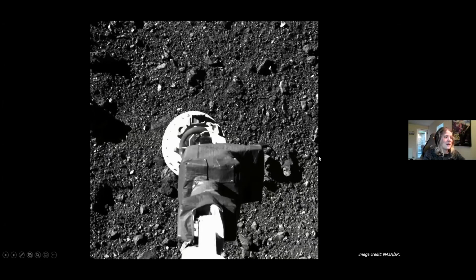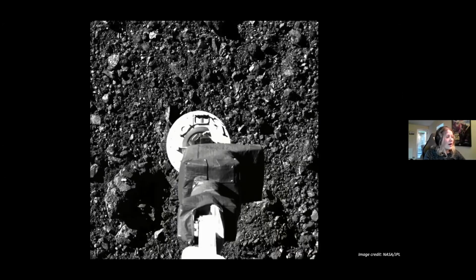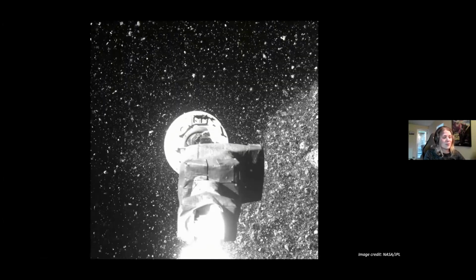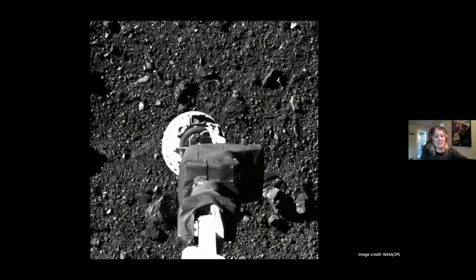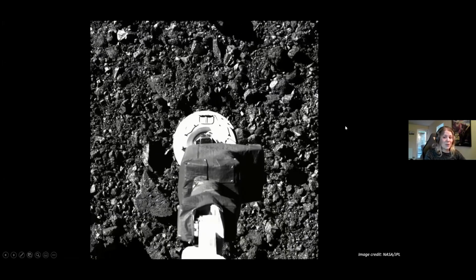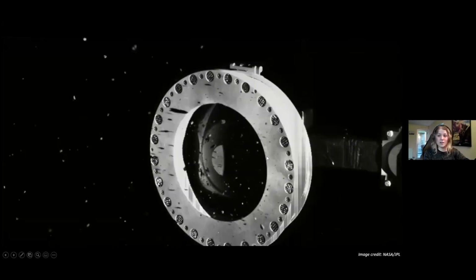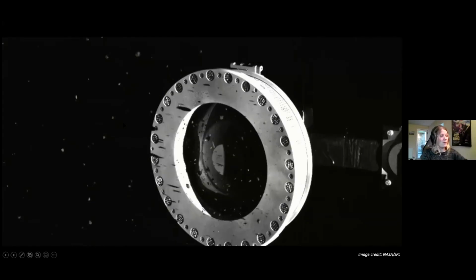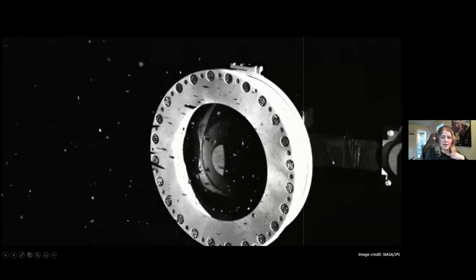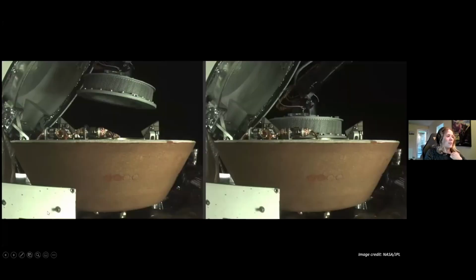Next. This is a GIF of the images of the spacecraft descending to the surface of Bennu. And you can see all of this material is knocked up. It looks as though it was only in contact for a very short period of time, but it was actually 6 seconds in total. And then to check whether this sampling was a success, they looked at images of the sample holder after they descended, and they could see all this material kind of flying out. And actually, this was a bit of a concern because they thought, oh no, we're losing material. So they really quickly stored it in the sample return capsule. So this is the thing that's going to be delivered back to Earth in 2023.